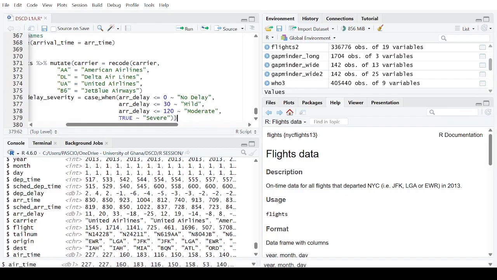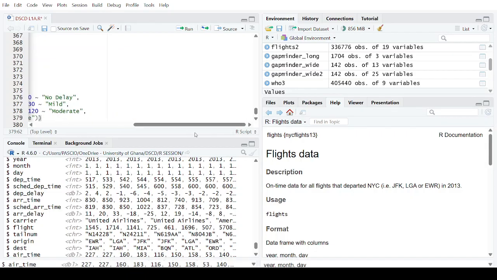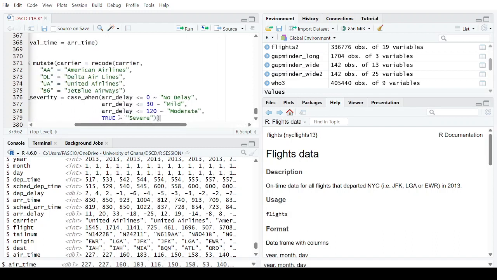Okay, so if I have this now, the last one, you can actually make it that the true is equal to severe. So the true is equal to severe basically means that, apart from whatever you have grouped here,